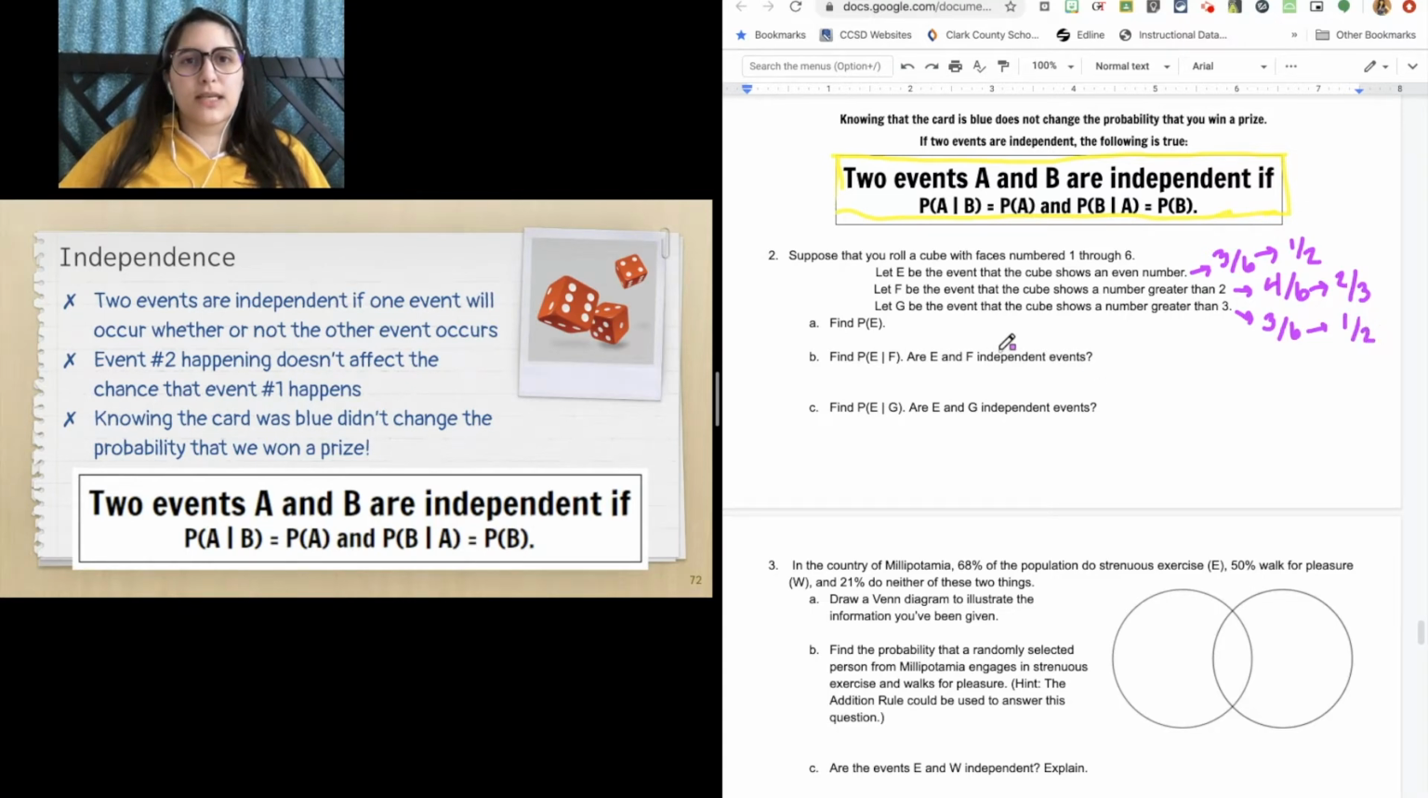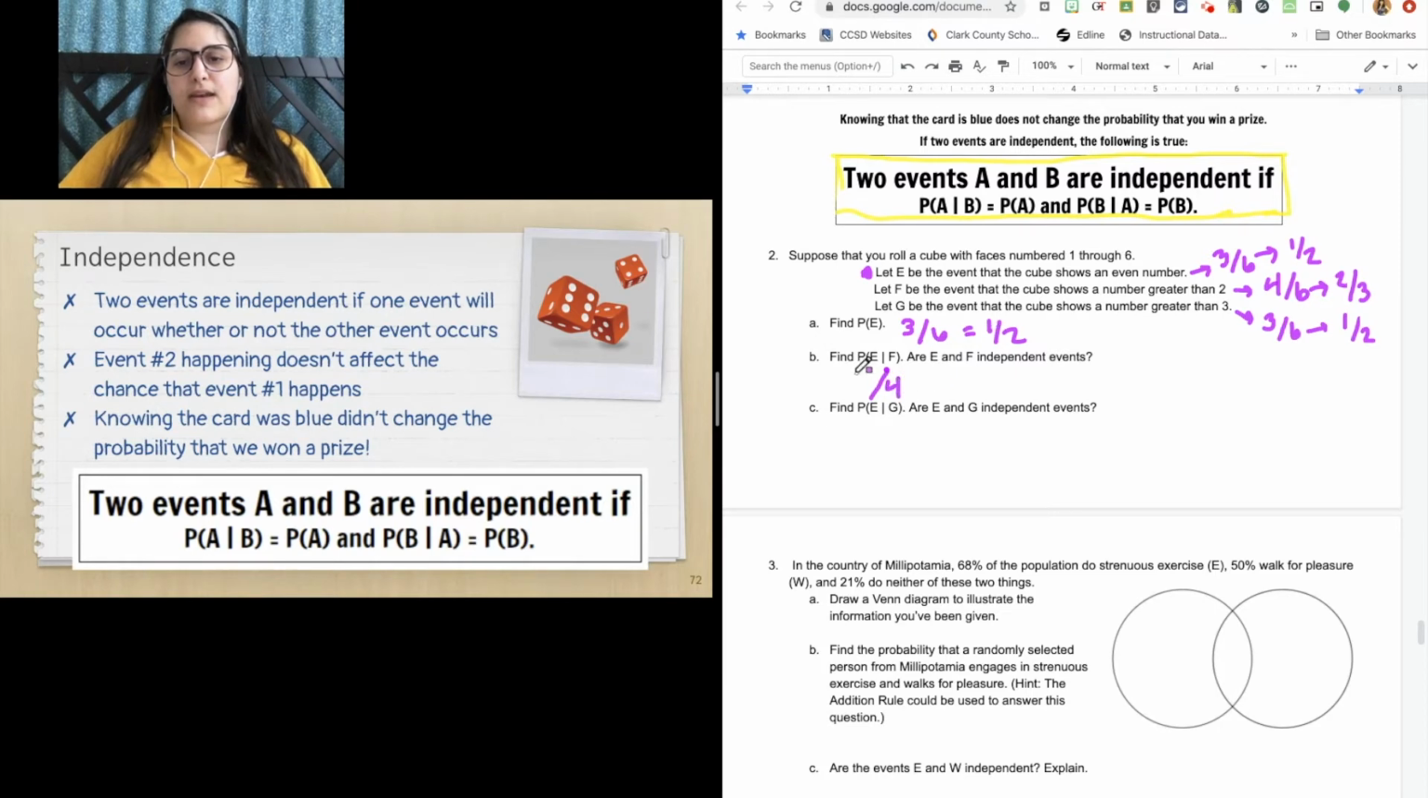Okay, so let's look at these 3 parts of this problem right here. So probability of E, we found it's this right here. Okay, so probability of E is 3 out of 6, which is equal to 1/2. Okay. Part B says find probability of E given F. Okay, so I know that F has happened. So I know that the number that I rolled is greater than 2. So there are 4 numbers that are greater than 2,